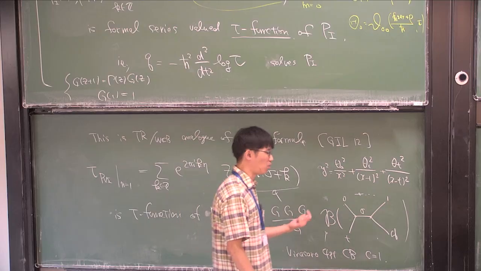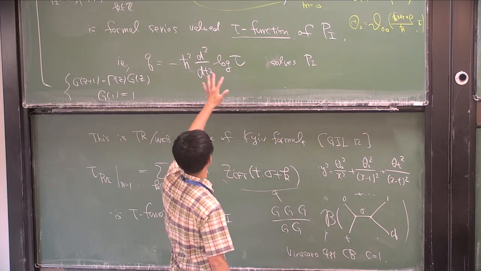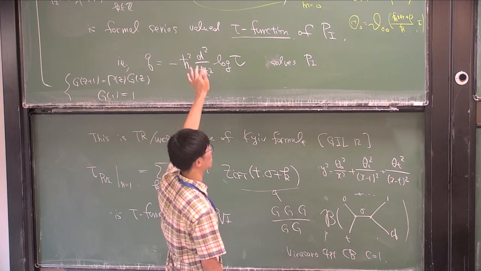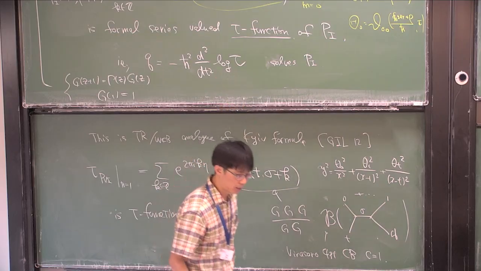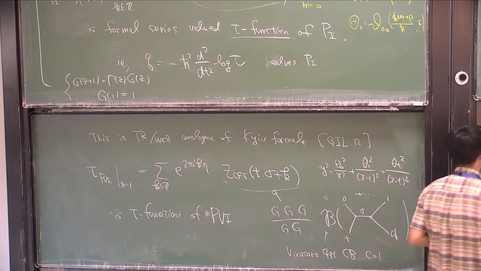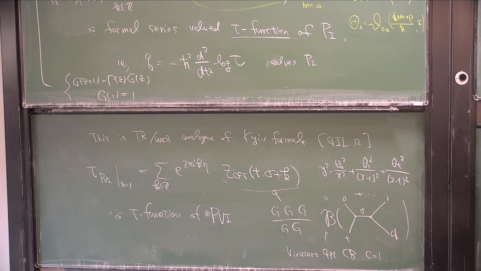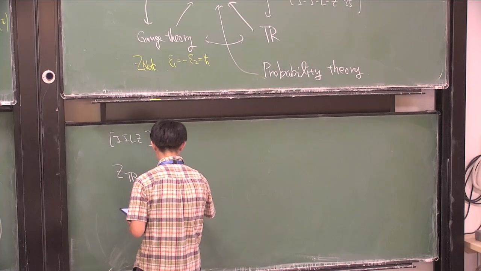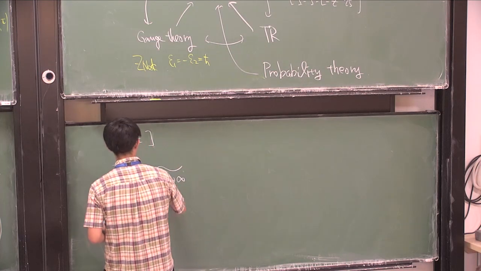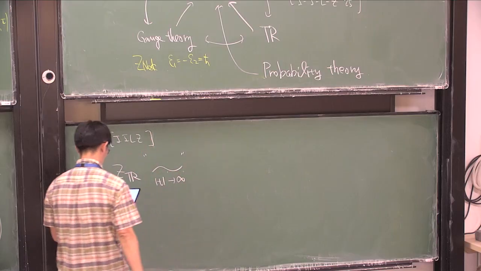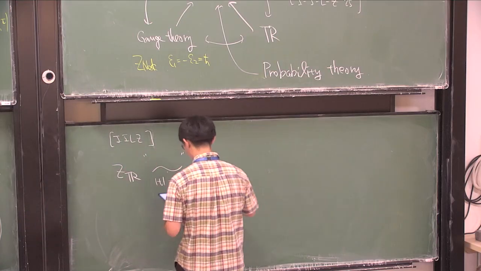To compare both, we have to know what is the large t or small t behavior of these topological recursion quantities. This is what we did in the second part, and we compare them. And what we found is the TR partition function, when t tends to infinity, in some sense, I will explain what that means, but